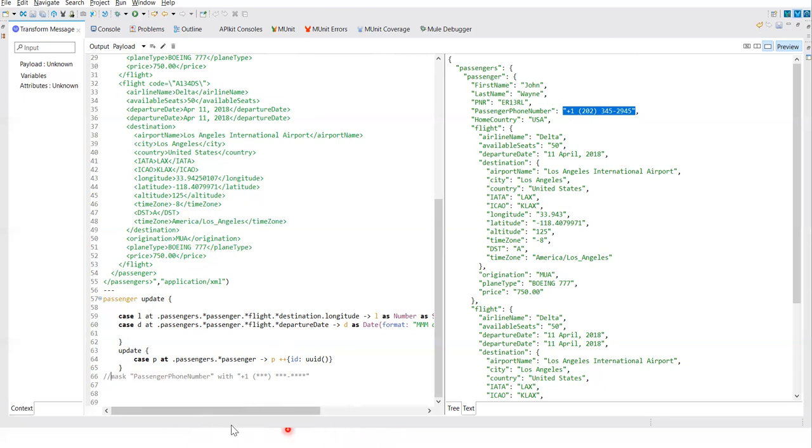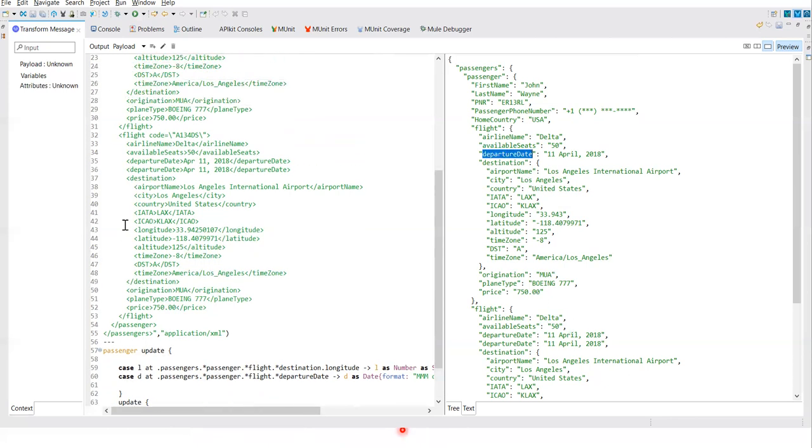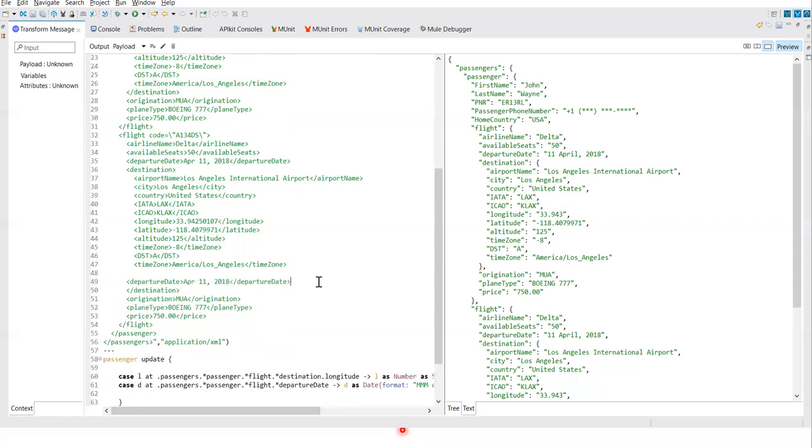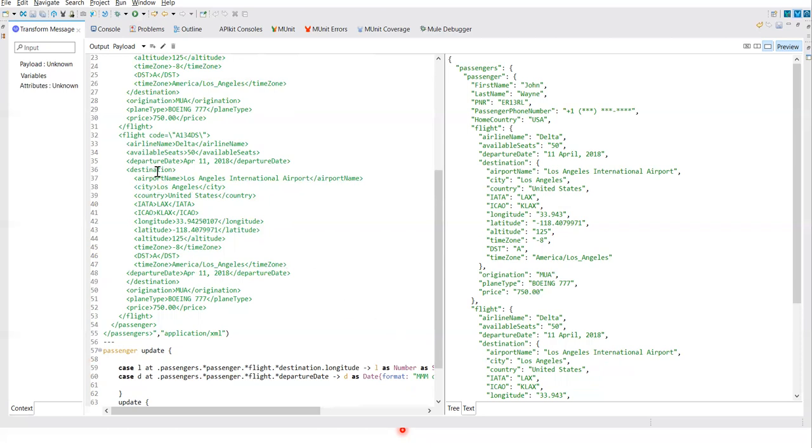The mask function won't see any hierarchy at any level wherever you have it. For example, we have departure date here. Let me add the departure date at the destination level. So this departure date is at destination level, and we have departure date at flight level.